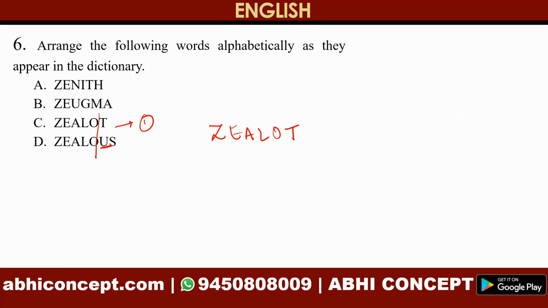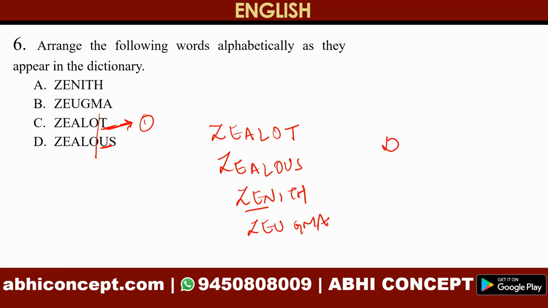So, we will mark T first, zealot. Then it will be zealous. Then it will be zenith because e के बाद n आ रहा है and then it will be zeugma. Okay, so the order is C, D, A, B. The options are not given, I think, but the order is C, D, A, B. Okay,